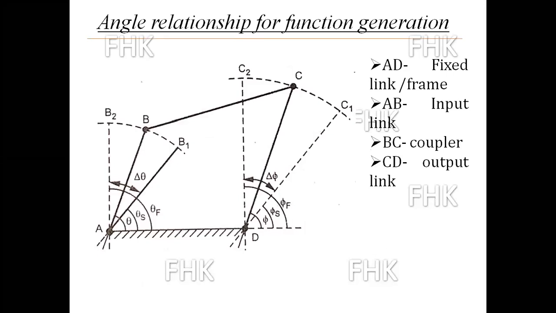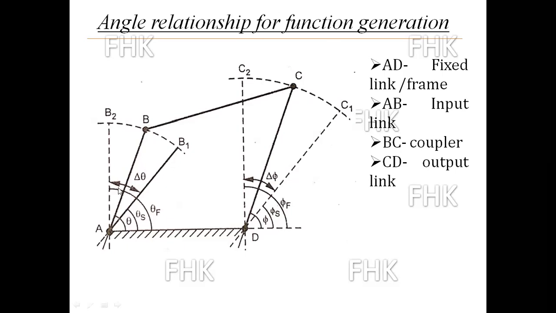In front of you, you can see the figure of four-bar mechanism in which you can see the input link AB. It is called input link because you are giving the motion to that link. The other end of that link is connected to the next link BC, and the other end of link BC is connected to the next link